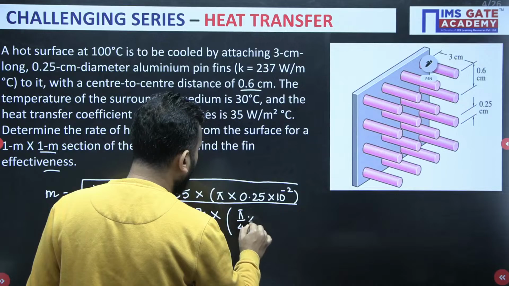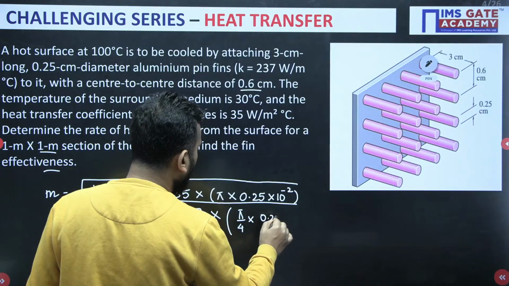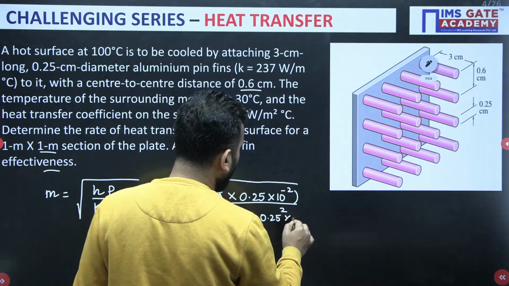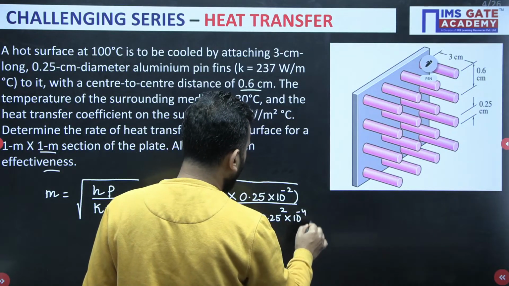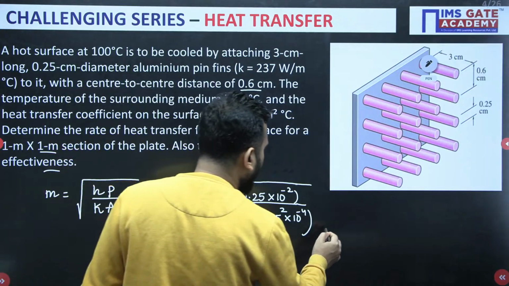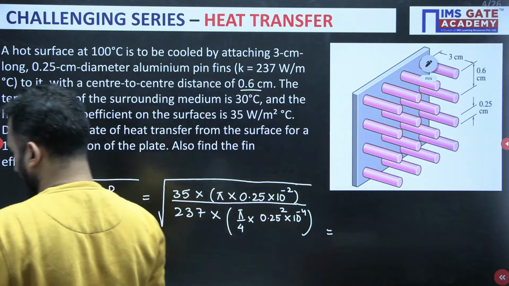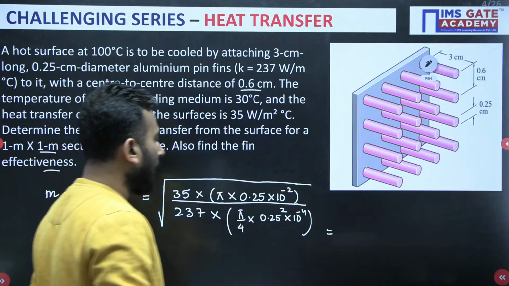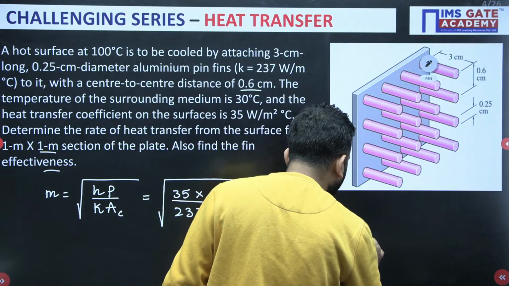Pi by 4 into D square. So when you calculate the value of M, you will be getting 15.37